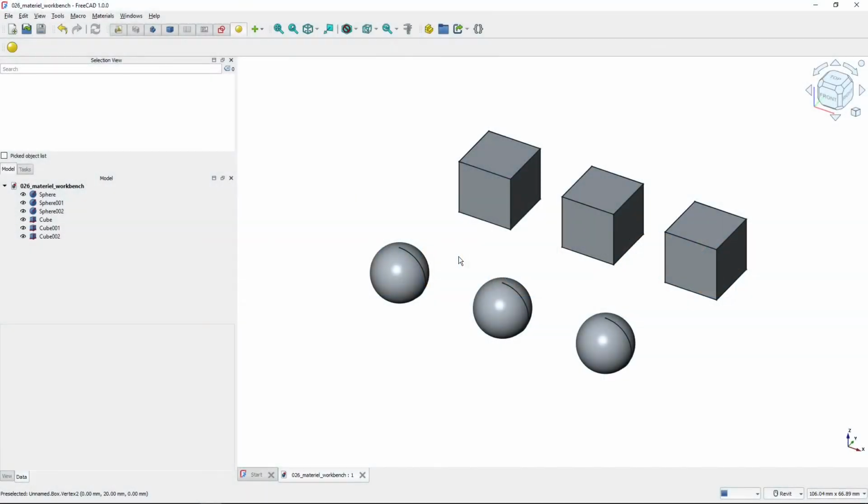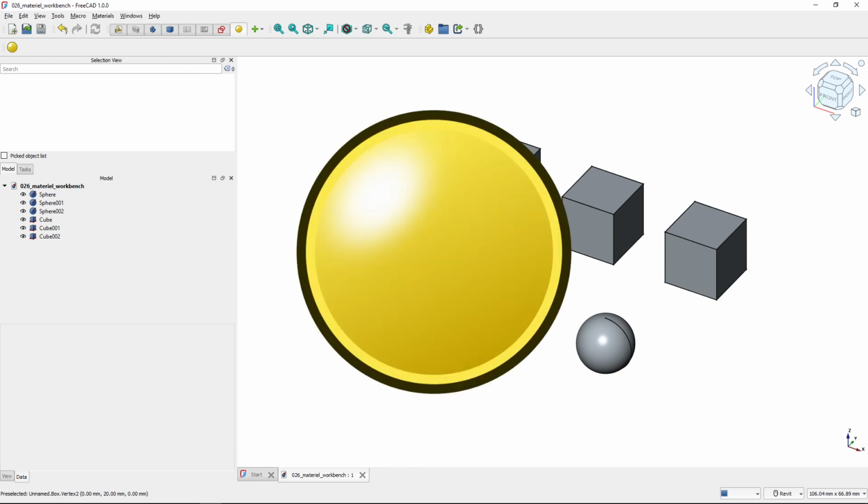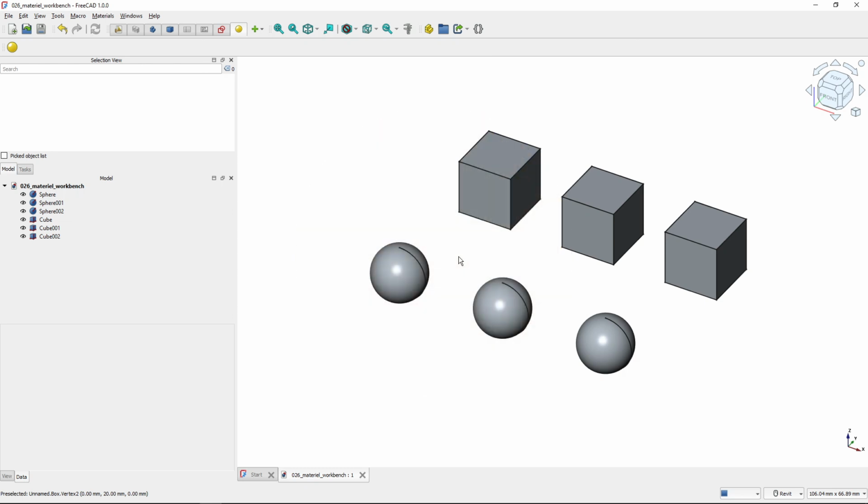Hi, I'm Tom, and this video is an overview of the Material Workbench, which is a new workbench in FreeCAD 1.0. The Material Workbench provides a material system which is unified across all FreeCAD workbenches. As of FreeCAD 1.0, it has not been finalized yet, so for instance, BIM Workbench does not utilize materials from